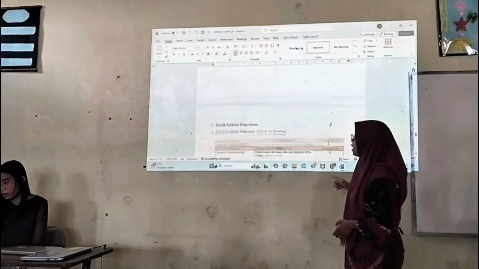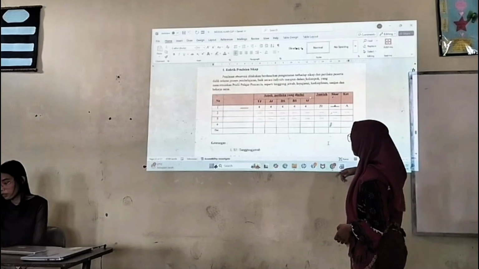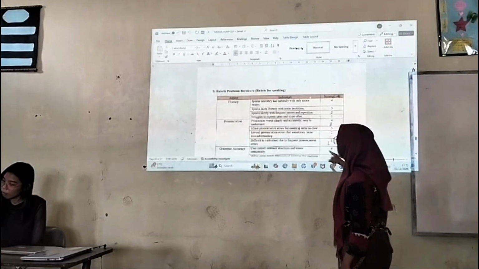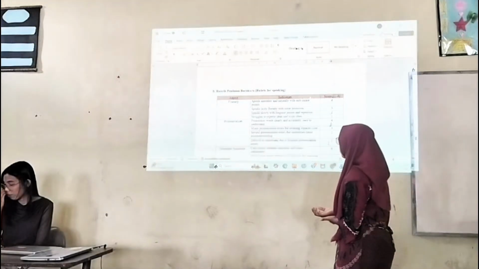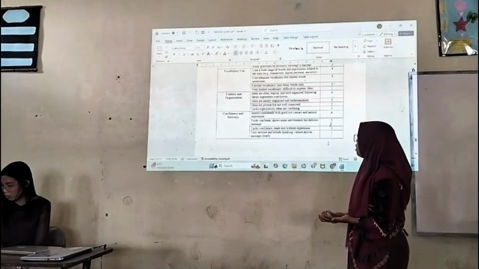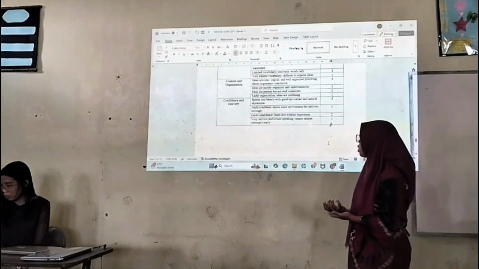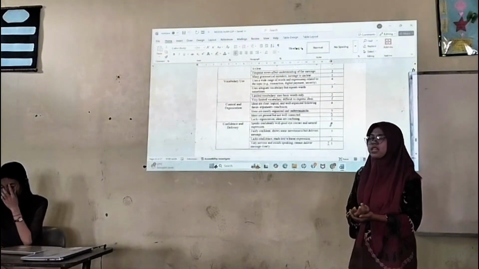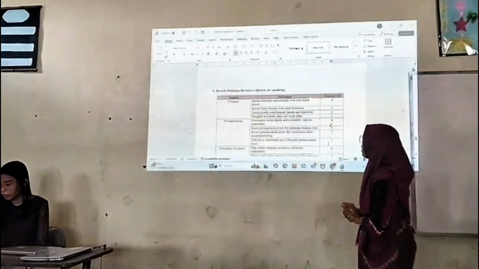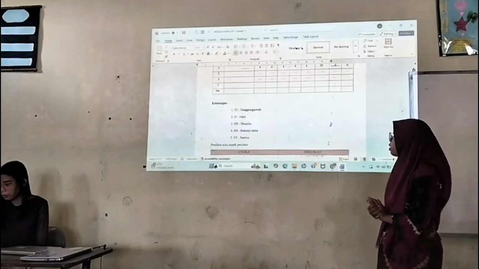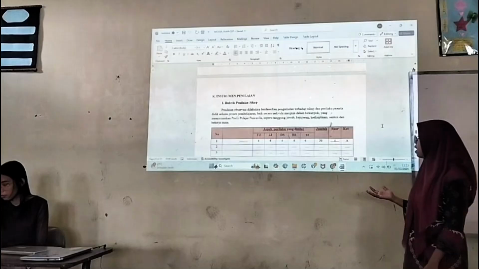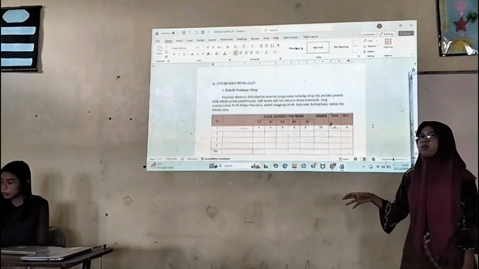Okay, the rubric for that exercise can be seen right here. This is the fluency, pronunciation, grammar accuracy, and then vocabulary use, content and organization, confidence and intelligibility. These are the aspects that we assess in our enrichment and our remedial class. And then another form of formative assessment can be seen from this instrument, in which we observe the students. Is it appropriate? Is it in line with the aspect of